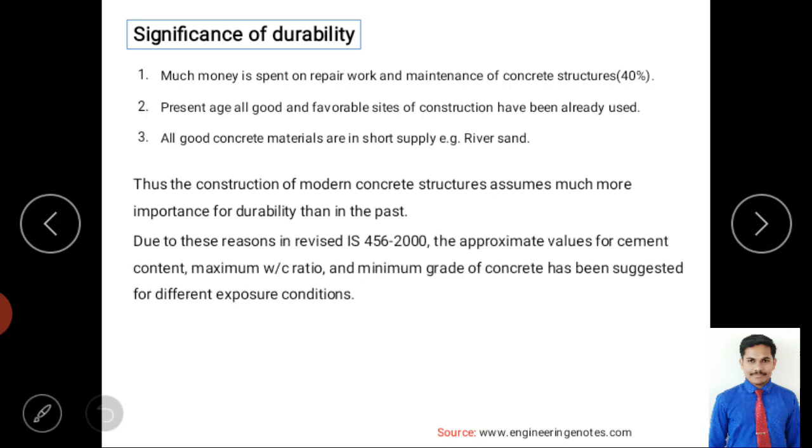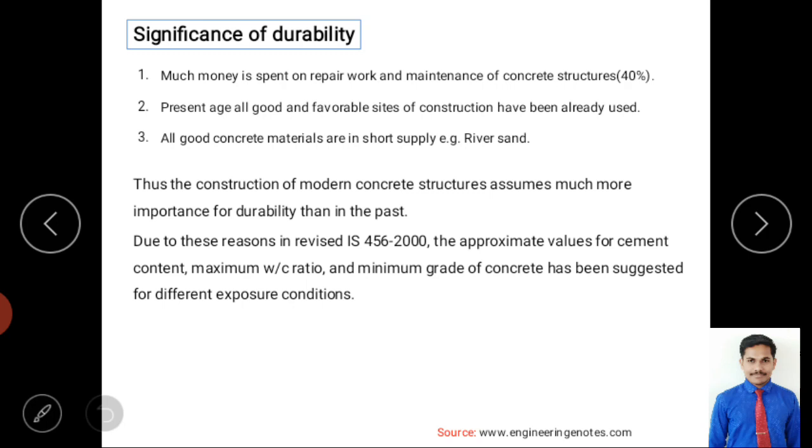So due to these reasons, in the revised IS 456:2000, approximate values for cement content, maximum water cement ratio, and minimum grade of concrete have been suggested for different exposure conditions. See what exactly they want to tell. Due to the changes and conditions, in the IS 456:2000 code book in India, they have made changes for some conditions for cement content, water cement ratio, and minimum grade of concrete. So in the code book they tell what minimum conditions we have to maintain